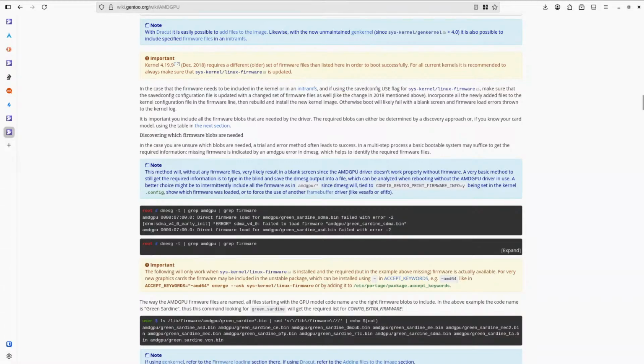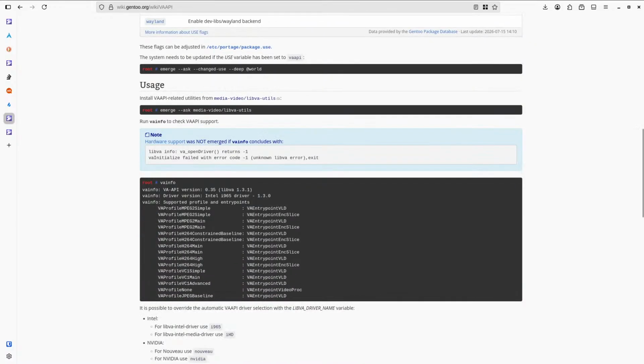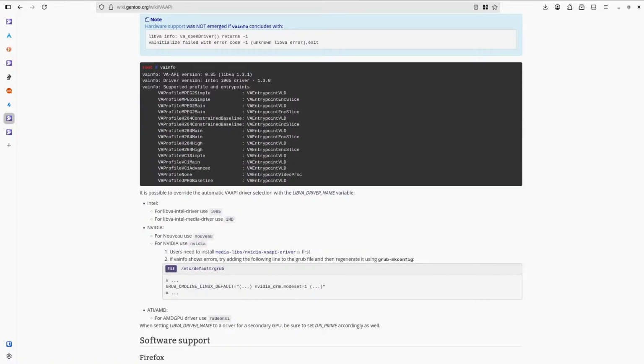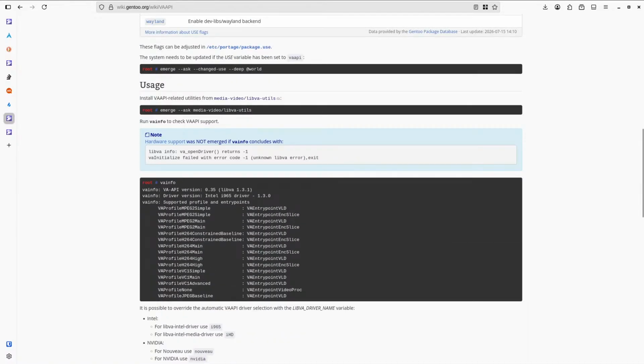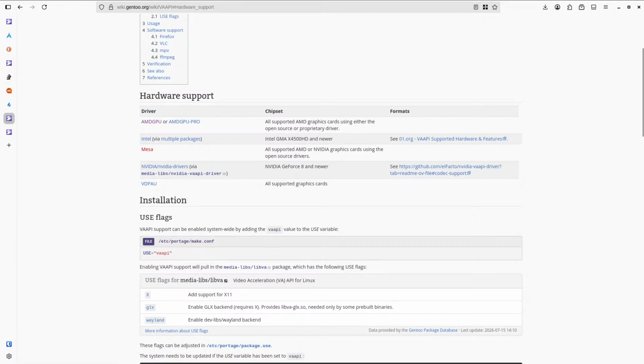Okay, firmware stuff. Okay, no, nothing here that describes. Okay, so VA info. If VA info concludes with this, hardware support was not emerged. Hardware support, AMD GPU or yeah.